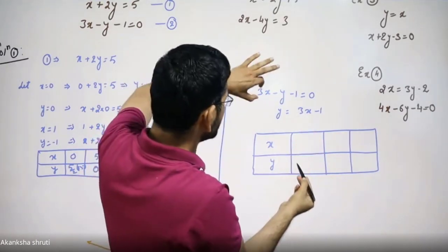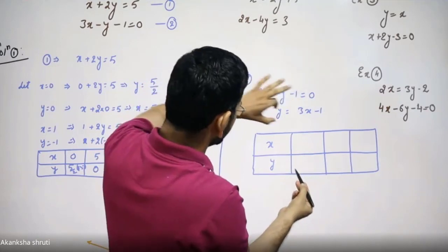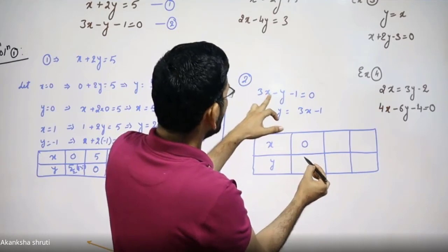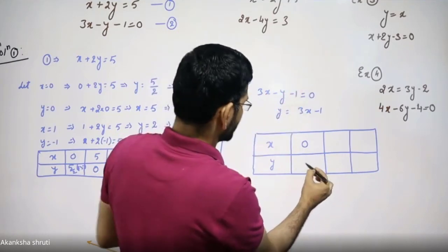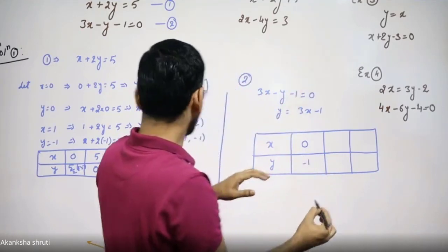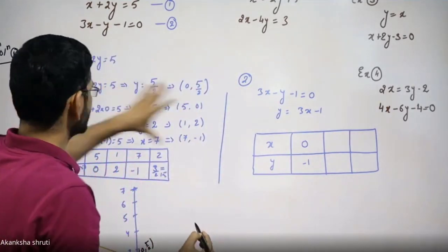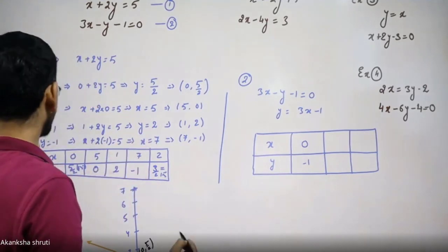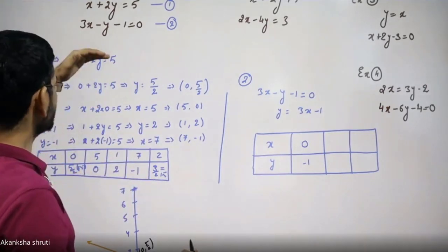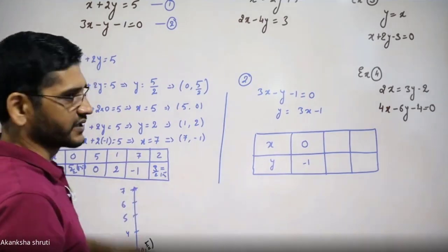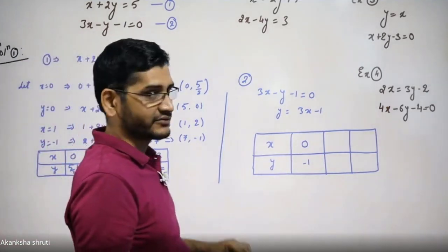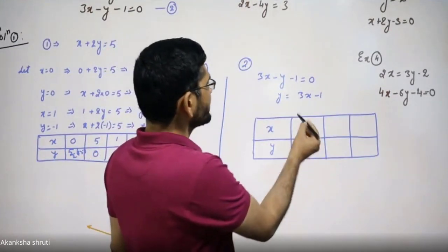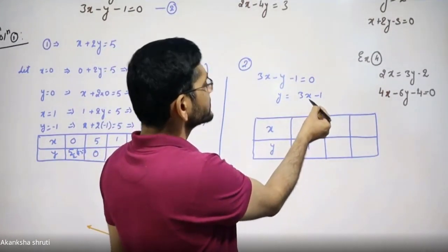Substituting x equal to 0 in the rearranged form, you are getting x is 0, y is minus 1. Directly, no need to do this calculation. I have done this calculation to make you understand how we are tabulating. Our prime purpose is: write this equation, write this table, draw the graph. That much. We were also doing that in our class 9. Recall that. Now take some other value of x.